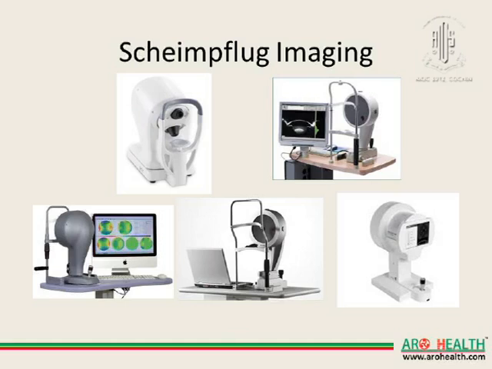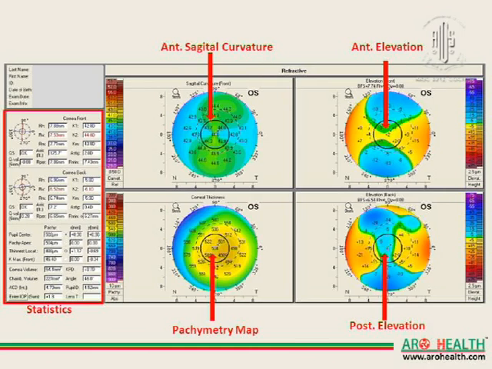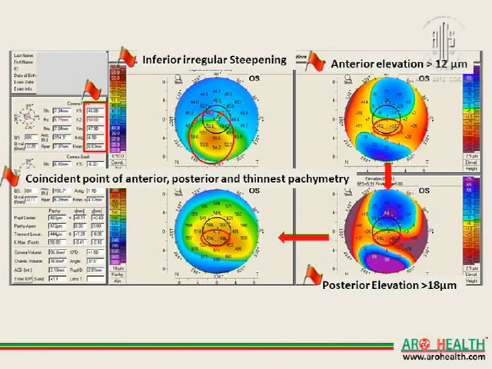Coming to Scheimpflug imaging, these are all single Scheimpflug based devices. They have a single Scheimpflug camera, and of late there is a dual Scheimpflug camera also, which is the Galileo. So this is a typical Pentacam printout. You will have anterior sagittal curvature, anterior elevation, posterior elevation, and pachymetry map with the statistical data on the left side. In keratoconus, you are likely to find that the K values will be on a higher side,